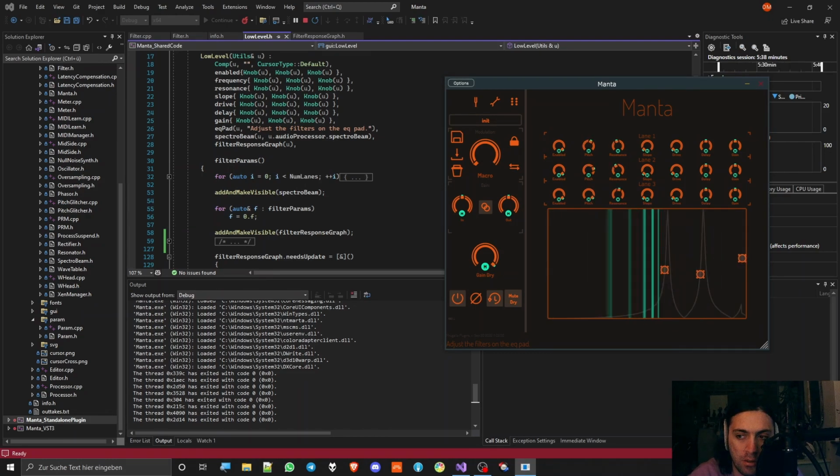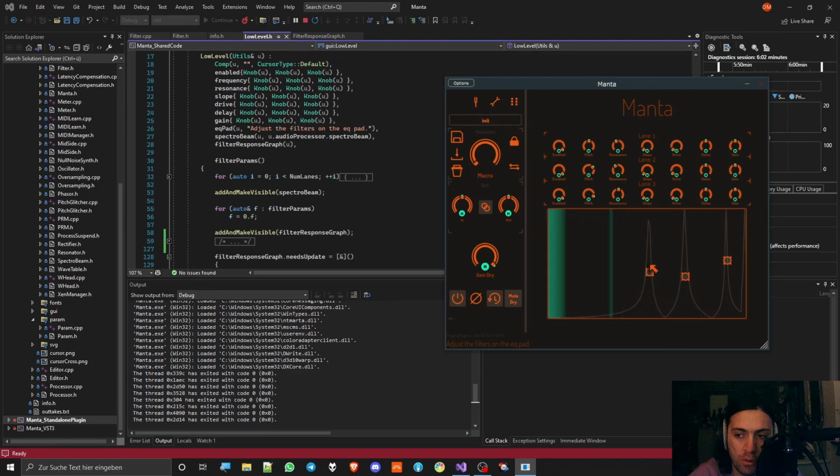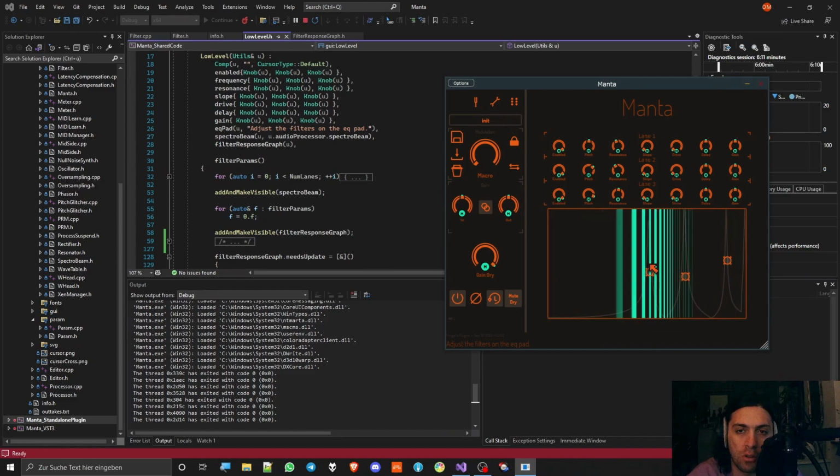It's not like the best visualization ever. It's a little bit edgy and kinda inaccurate when you go to the low end. There are definitely better methods of doing that, but I think it's a good starting point. The method that I'm going to show you is a good method for understanding how to get filter responses in general from filters. And yeah, there is another method that produces even better results and is also more efficient,